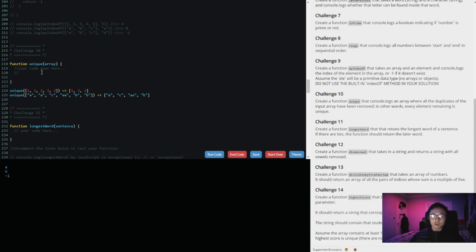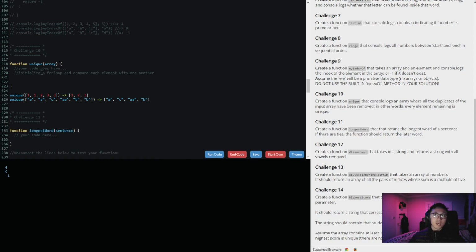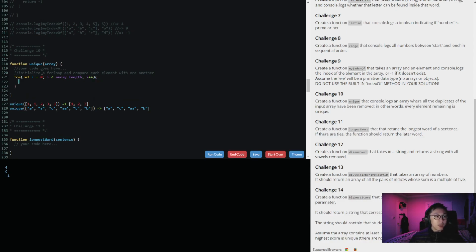We're gonna have to do some sort of iteration. Let me think. I've actually done something similar to this on LeetCode, where we have to initialize a for loop and compare each element with one another. Let me just try to remember what I'm doing. I don't have to use a nested loop, because I think what I could do is some sort of array.length, increment by 1, and if array i equals array i plus 1, then we should